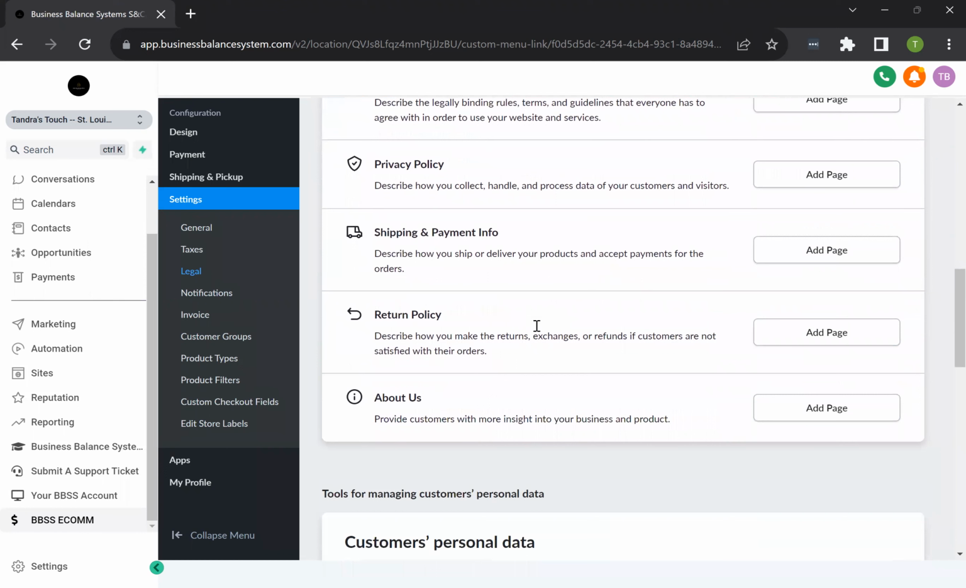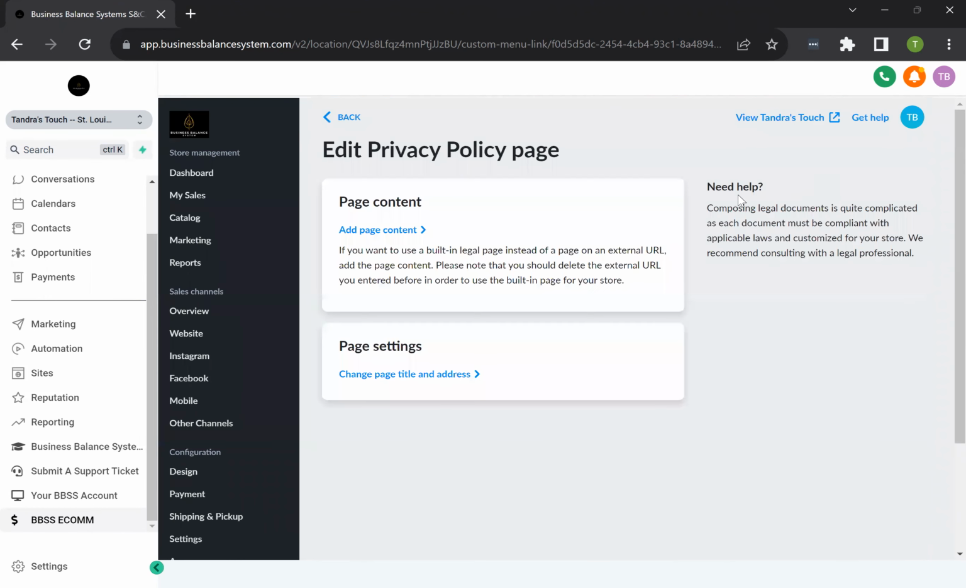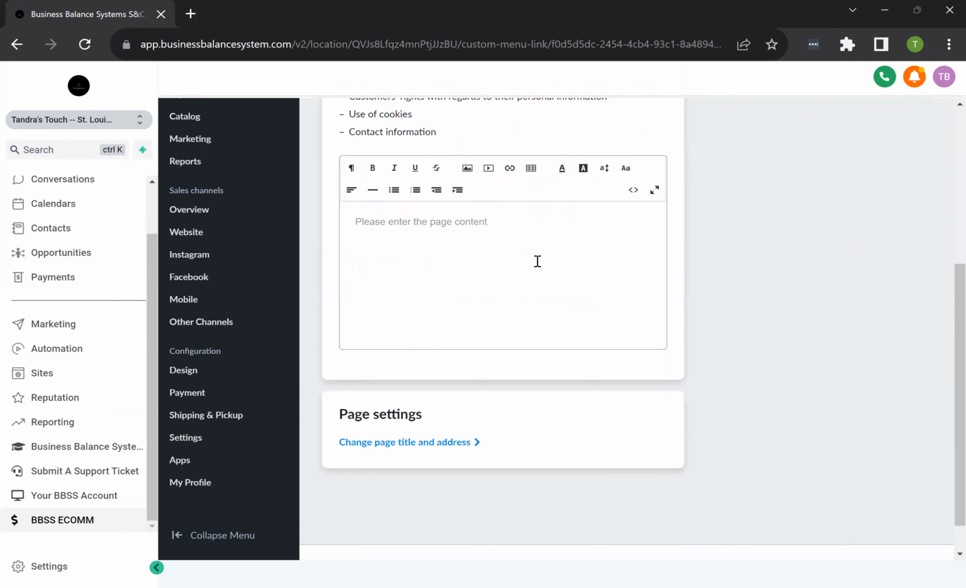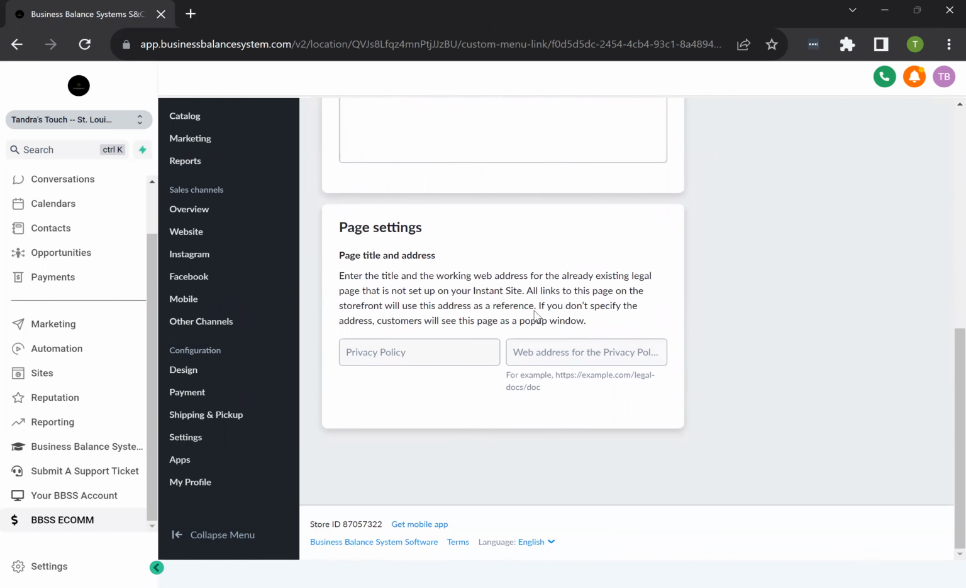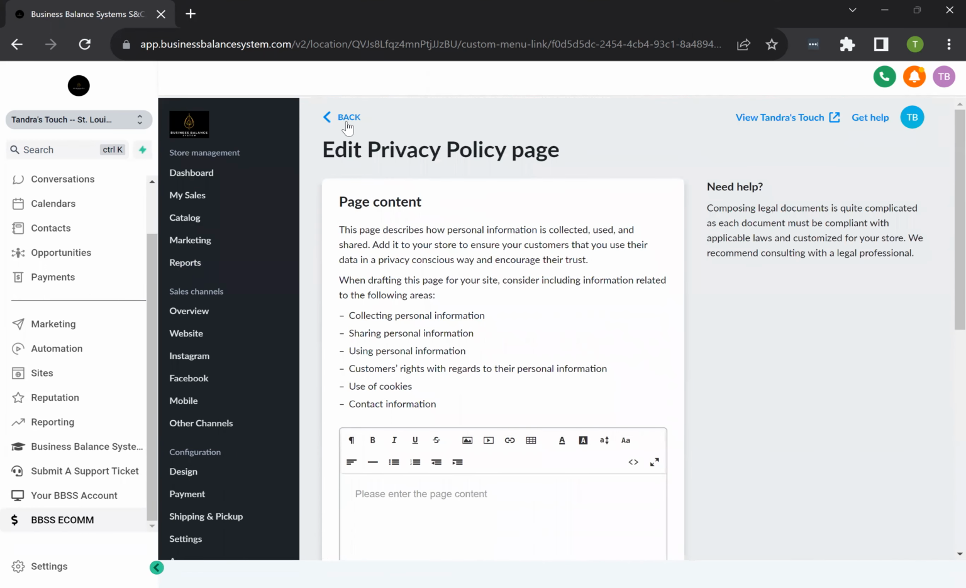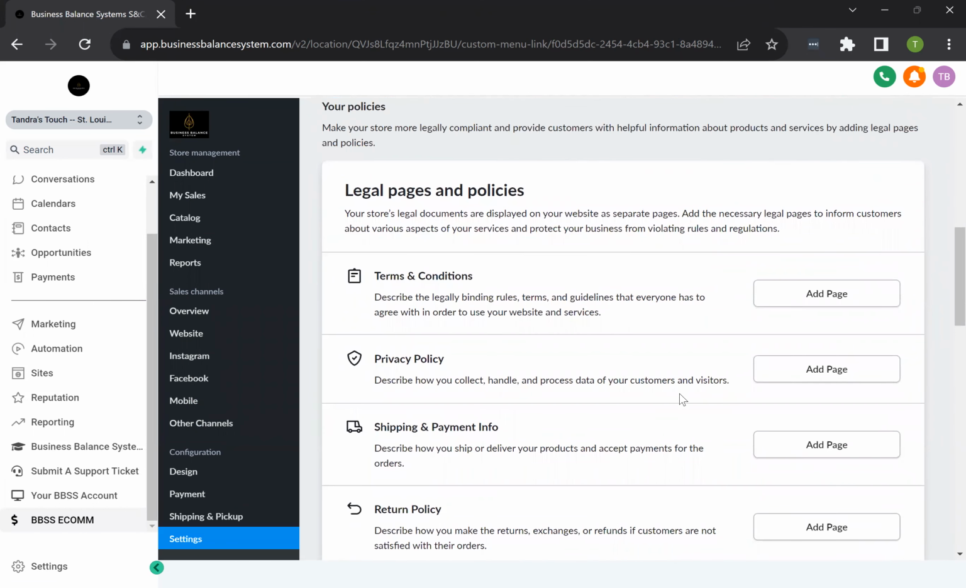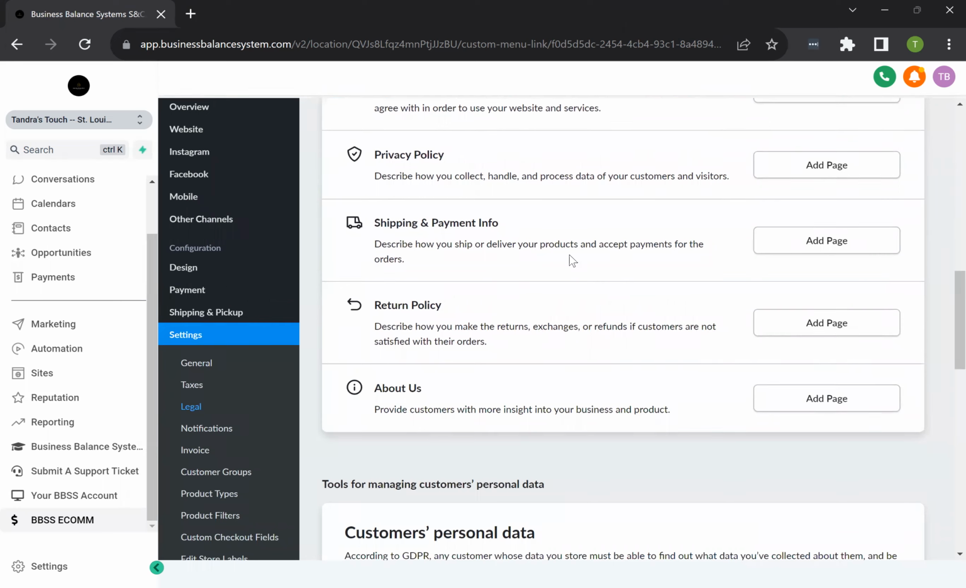Same thing for the privacy policy. You would just add the page here, probably upload it. You can add the page, add the information here, and have the settings. You can add a link if you do it like I think before I've done it like in Google Docs and added the link to the Google Doc, or you can do it directly within the